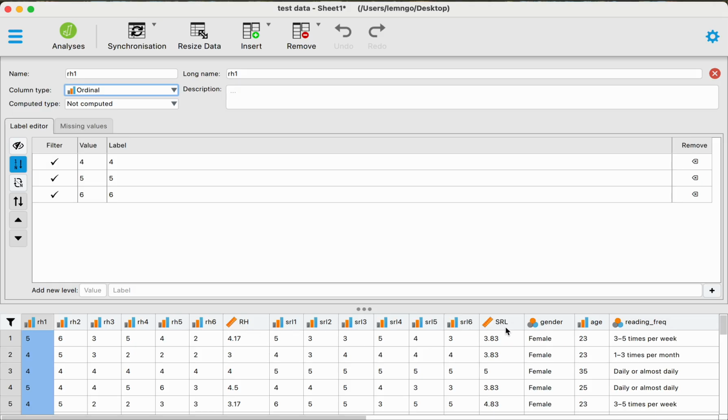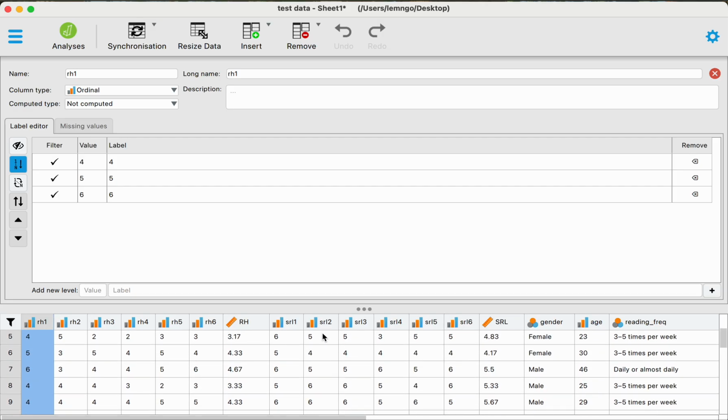I got the reading habits, I got the self-regulated learning, gender. This is a nominal. Nominal means there is no ranking or order in numerical value. It's like female and male. There is no numerical value like male is larger or smaller. It's just two types. Alright, once you're happy with the data and everything else, you can go ahead and click